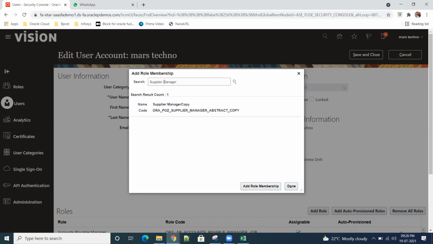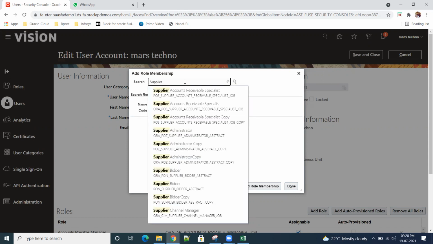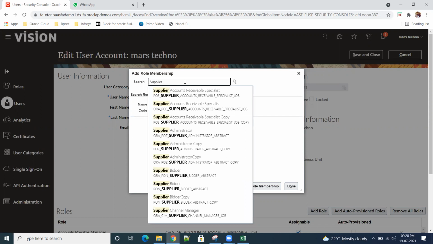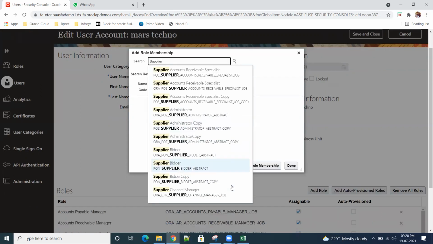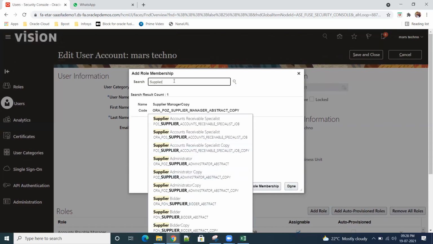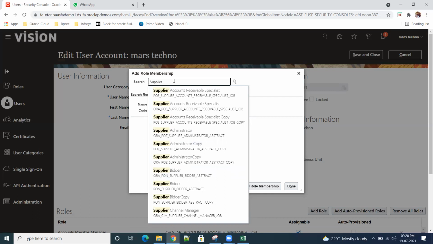And the bidding ones are actually not required, those are for negotiation. Administrator and supplier, and what else? Anything, Ramana? Because I did not verify these things. Any supplier related job roles you have? It is there in the supplier administrator, I gave.